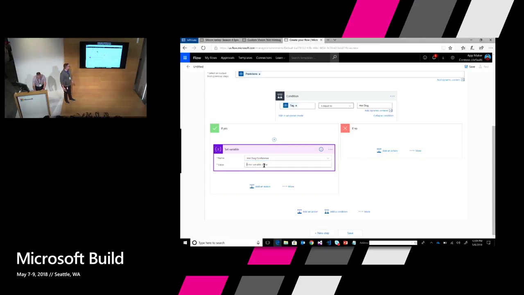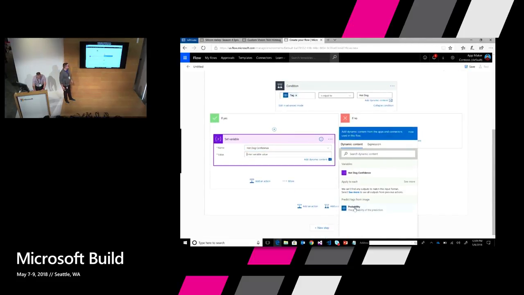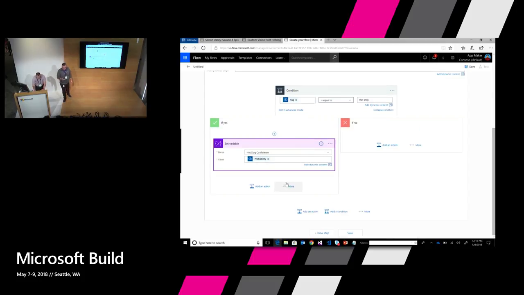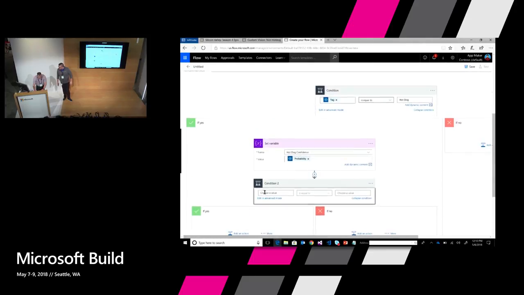And then the next thing we're going to do is store, remember that variable we created earlier, the hot dog confidence variable? We're going to store the probability, so basically the result. Since we mentioned before that this is a value between 0 and 1,